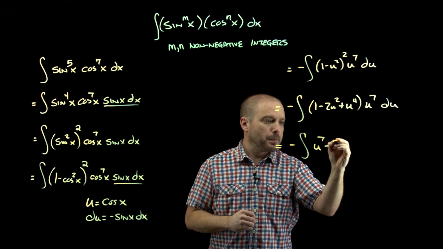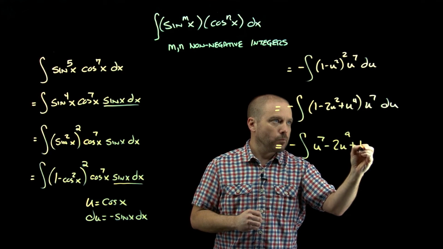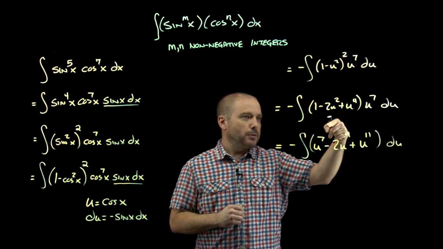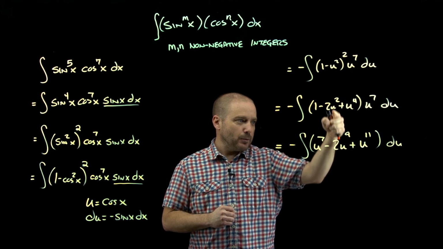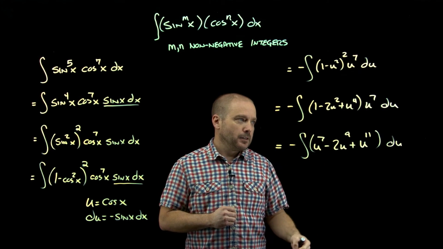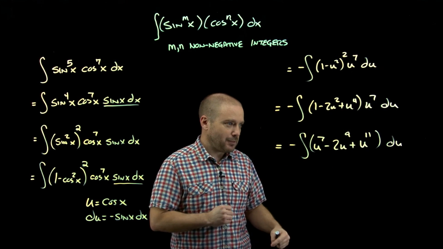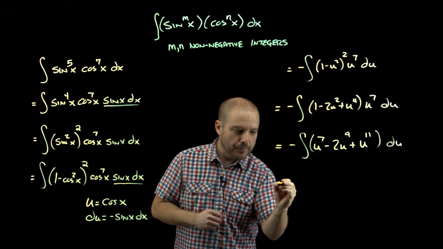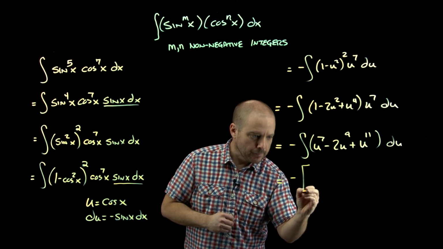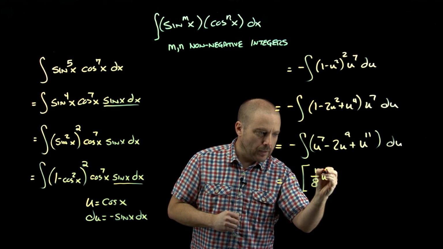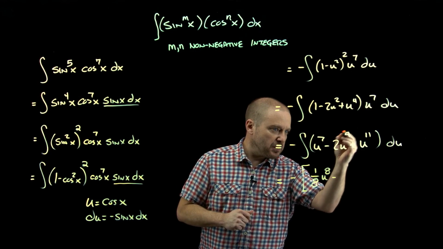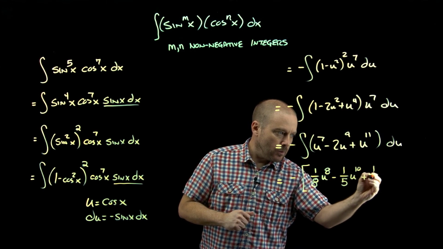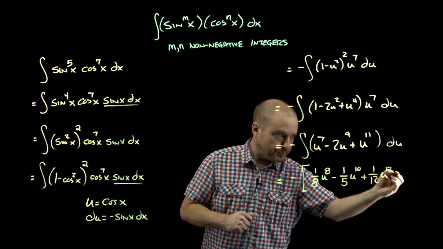Now I'm just distributing. And remember, when you distribute, you add powers. So it's 7 plus 2 and 7 plus 4, not 7 times 2 or 7 times 4. Common mistake. And now it's just a polynomial we can integrate. So I have minus 1/8 u to the 8th minus 2/10 or 1/5 u to the 10th plus 1/12 u to the 12th